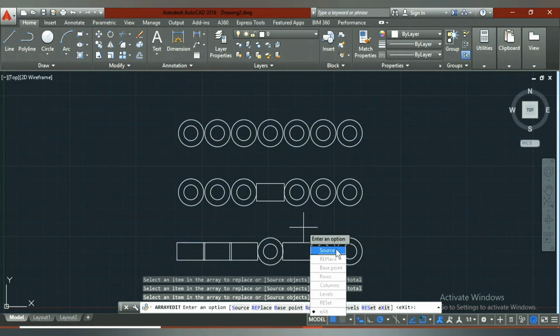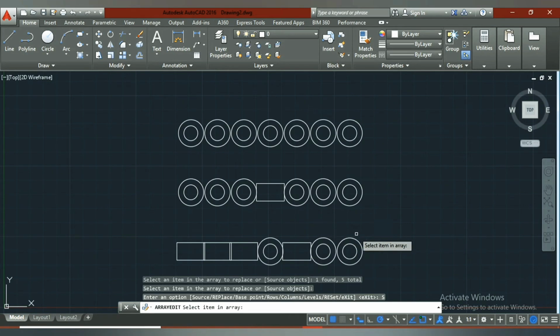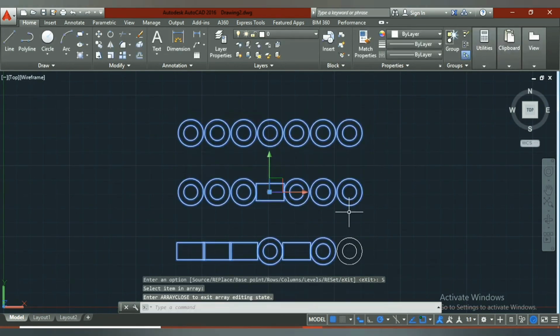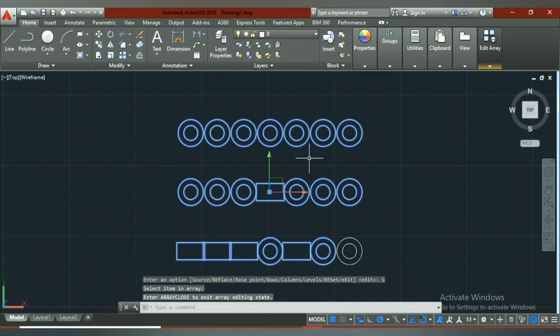Here you can see, just enter the option that you want. I'll just select with the source. Okay, so like this you can go with your replacement array.